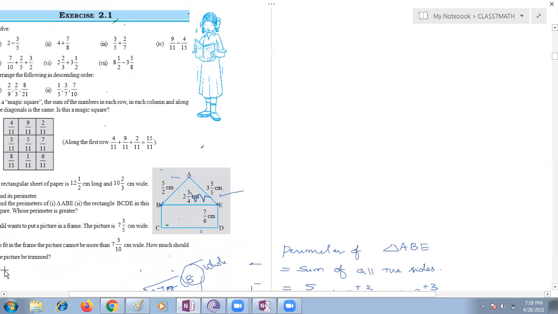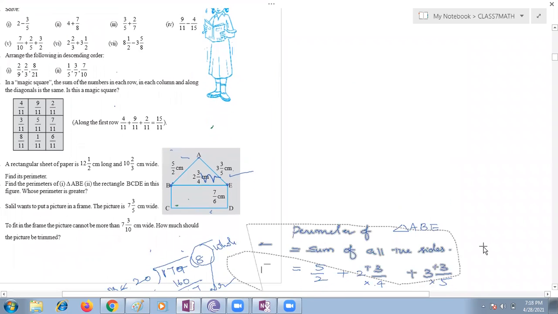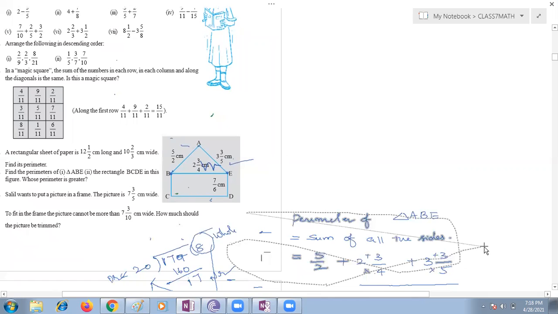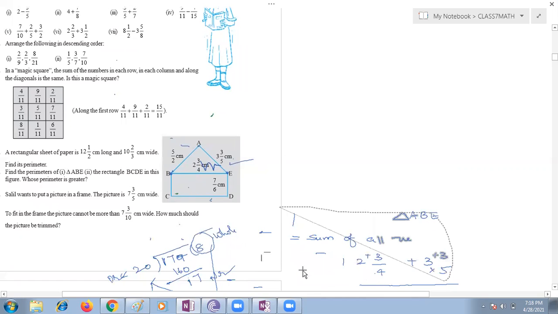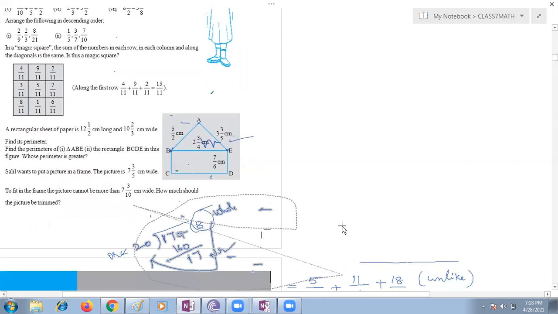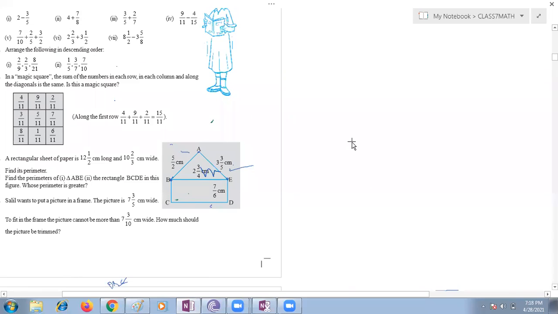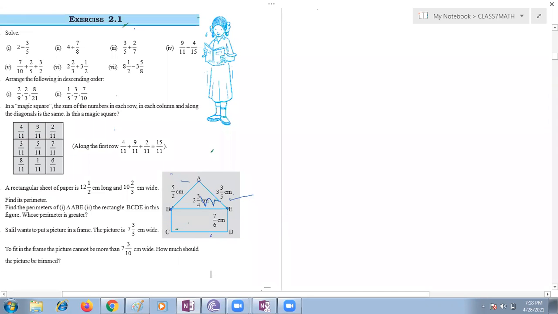Ma'am, one more thing: while finding the LCM of both the denominators, if it's a prime number, then we just have to multiply both the numbers together. Exactly, correct. There are a few conditions. I will teach that part also. If both are prime numbers and no prime number is repeated, you can directly multiply. Good, Harini.